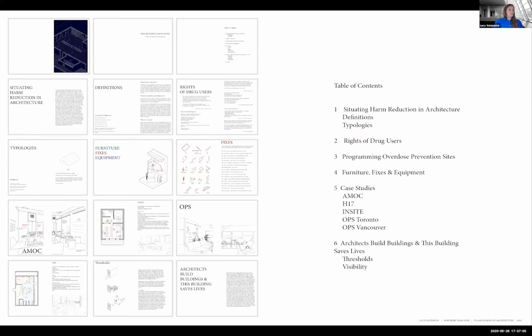The manual cultivates a set of deliberate strategies that foreground architecture's responsibility to contribute to conversations regarding health in the built environment. It will examine the overdose prevention site as a currently illegal typology of healthcare design to discuss the architect's potential for advocacy in cultivating the physical structures that combat public health epidemics.